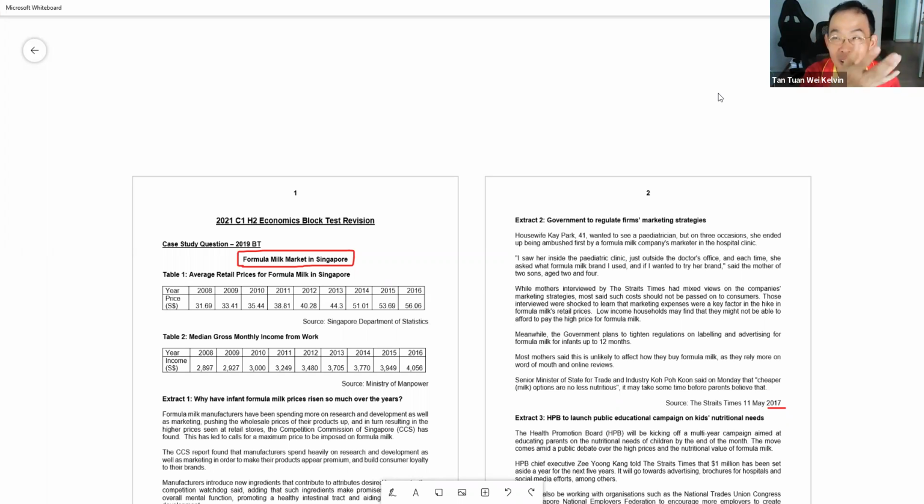These are either fresh milk or UHT. The price is pretty low. Then there are those cans where the milk is in powder form. These are called formula milk. The price of these is over the roof. It's really very expensive. And a lot of parents have this view that their baby, when they are born,